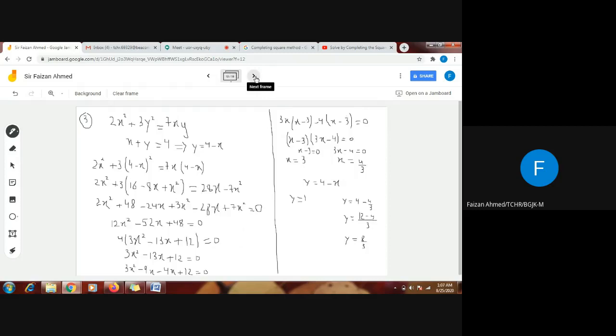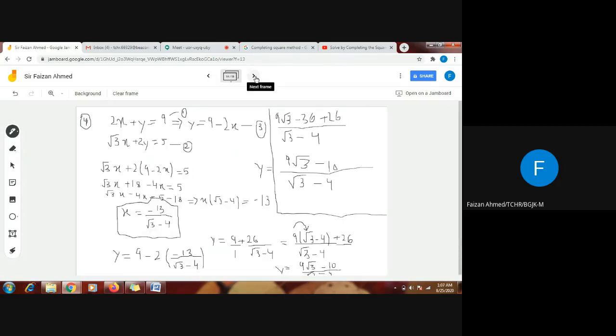Moving on to the last question of the worksheet, which is a little bit different. In this type of question, we have been given two linear equations, and we have to find the values. We will be using the substitution method for that. The only problem is that we have to give the values of x and y in a specific order, so we have to convert them into a certain form. That is the main complex thing in this question.